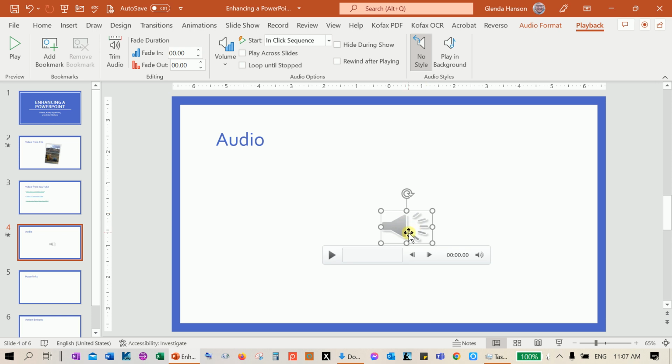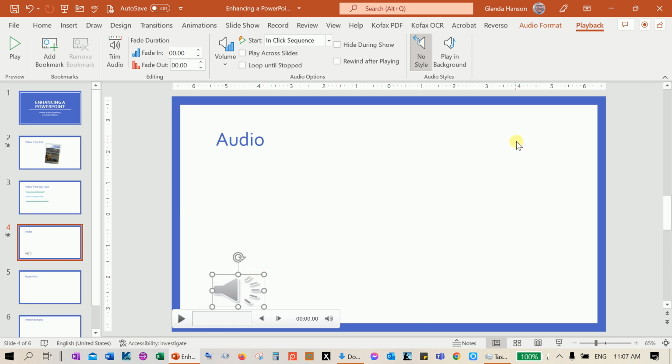and I can change that shape in there. I can put a picture. I can move this into the corner, and I want to talk about playback, and it will start automatically or when clicked on. So I'm going to leave it so that, let's just try the automatically so we can see what's going to